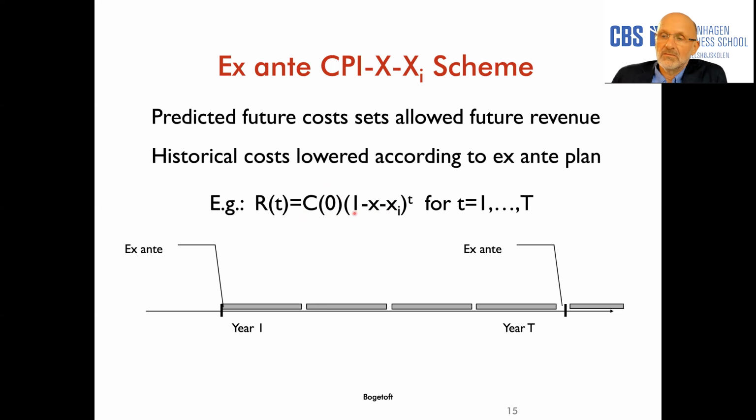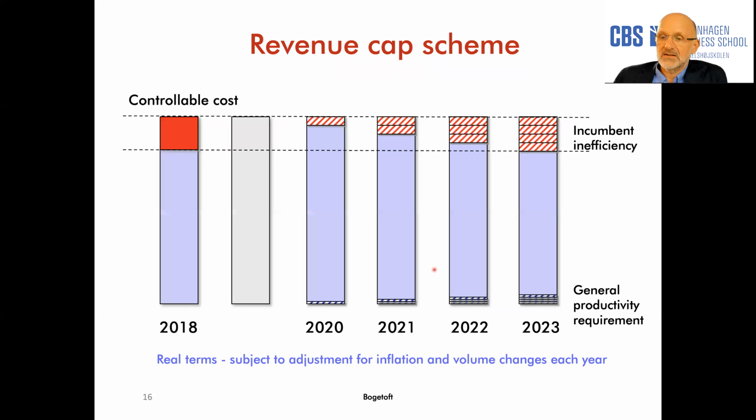So you basically reduce the allowed cost year by year based on an ex-ante evaluation of the inefficiencies, and you make an ex-ante contract about what the allowed income should look like over those coming years. And that is what leads to the picture that I have already explained previously. So that's the idea of the revenue cap